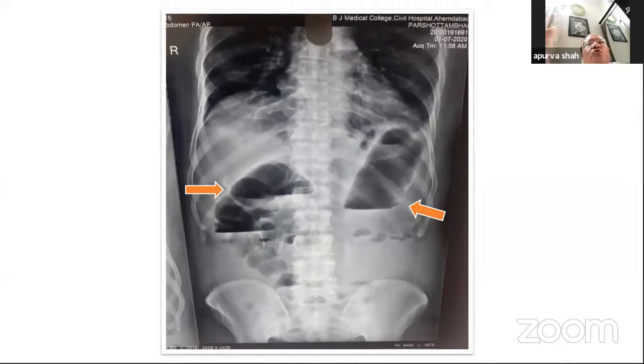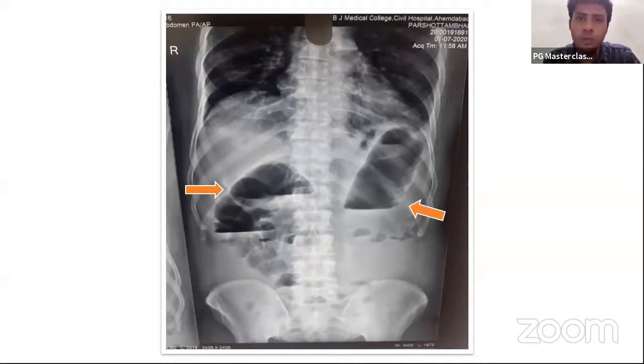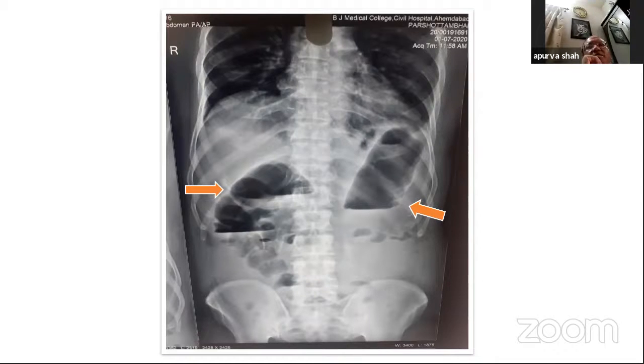So what do you see in volvulus? You must have seen a case of volvulus. What type of X-rays do you see? What type of volvulus did you see? The coffee bean appearance is commonly seen on the X-ray of a sigmoid volvulus. Small coffee bean or big coffee bean?